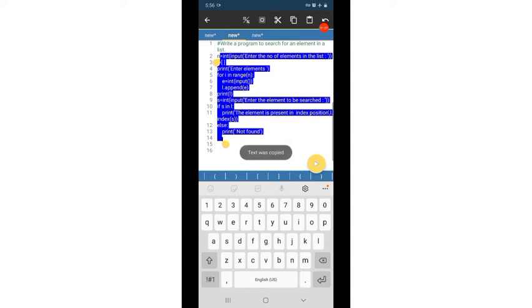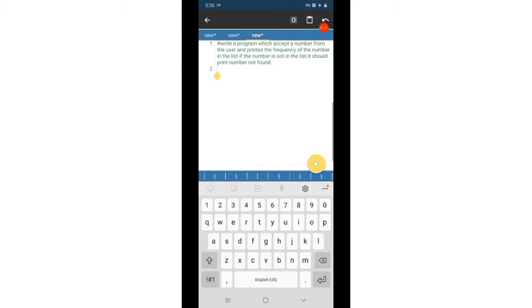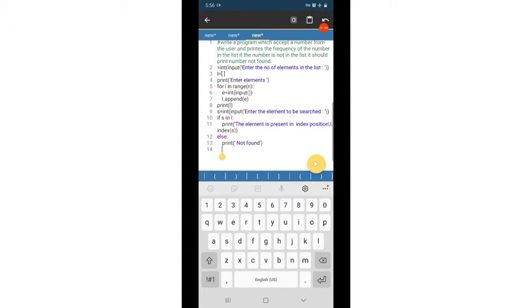So this whole program I am copying, in the same program. This program is to search an element. From here to here is just entering the elements in the list and displaying the list L.